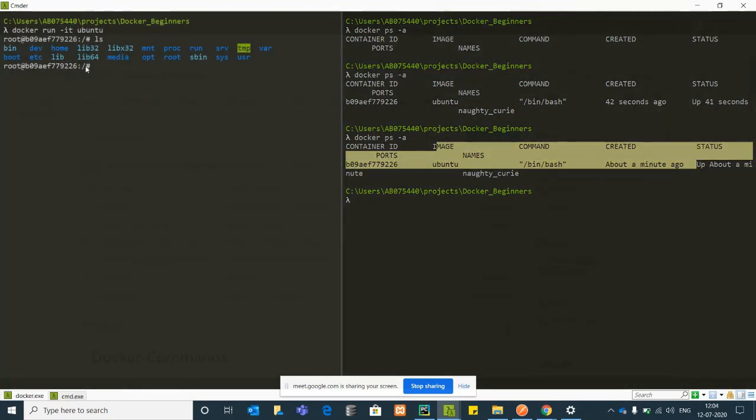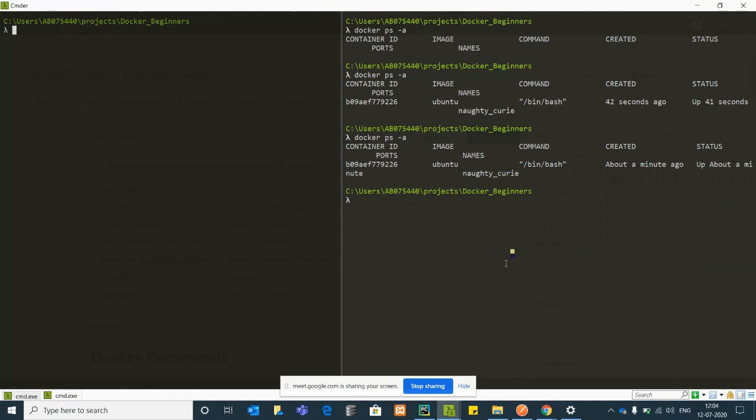Why? This is because now you have given it in the interactive mode, and the interactive mode is still in running state. Suppose you want to come out of this container, you can simply press Control C. Okay, you will come out of it. And now when you check the Docker container status,